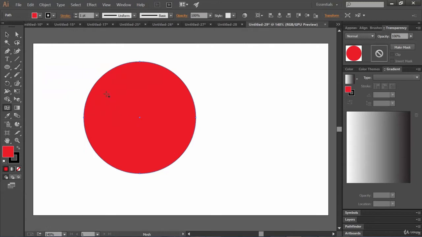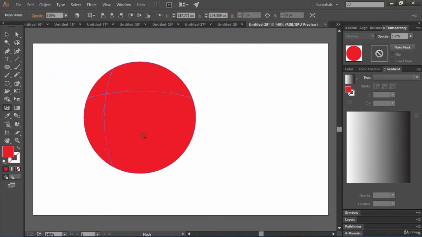Just click at a point inside this ball and see, a point has been created, and also there's a line going across horizontally and vertically. Let's create a few more divisions first, then we will see how we can work with these points.